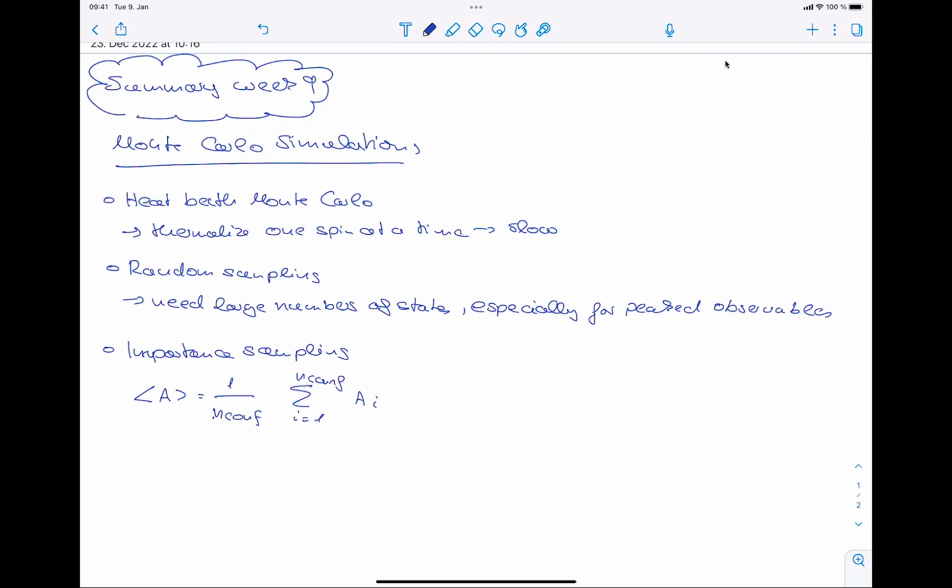But now these A_i states are not randomly sampled, but they're sampled according to a probability distribution, which allows us to particularly nicely sample our observables where they're peaked, so that we're really doing well with a small number of states in capturing the state space, and there's no other function that samples our state space better than the Boltzmann weight. So we here draw then states